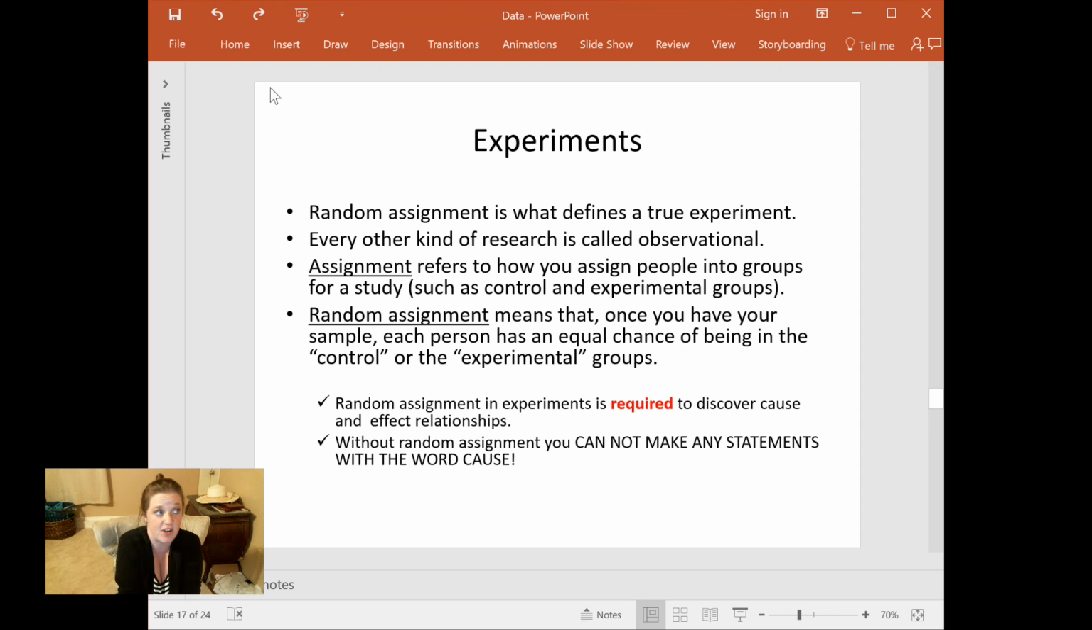And you can do statistics on any kind of study that you want. You can do statistics on observational data. You can do statistics with a true experiment, right? Statistics doesn't care how you got your data. It doesn't care what kind of research you're doing. However,